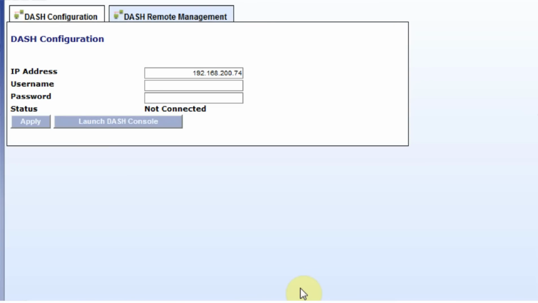Now, when Dash is configured on the client, it may use the same IP address as the operating system, or you may need to configure a different address for the Dash connection. The first time you come to this screen, the address field is automatically populated with the IP address used by the operating system. If Dash uses the same IP, you can just enter the username and password and click Apply